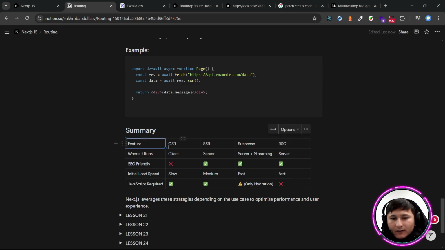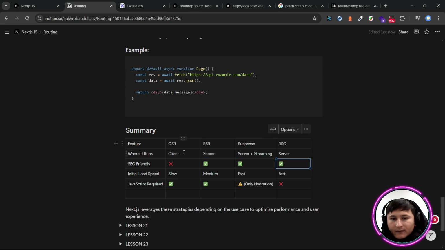SEO friendly, not client side but server side, it's okay. Initial load speed: CSR slow, SSR medium, Suspense fast, RSC very fast. JavaScript required is the same for CSR as well. Suspense only hydration. What does hydration mean? Hydration just brings